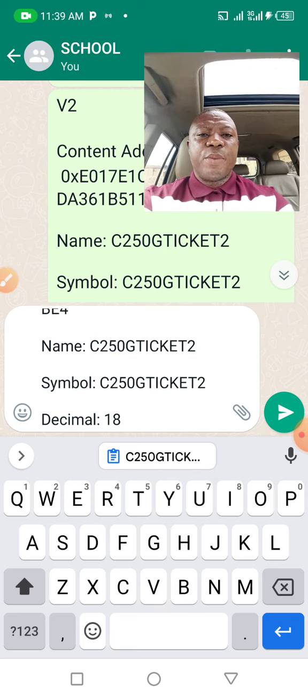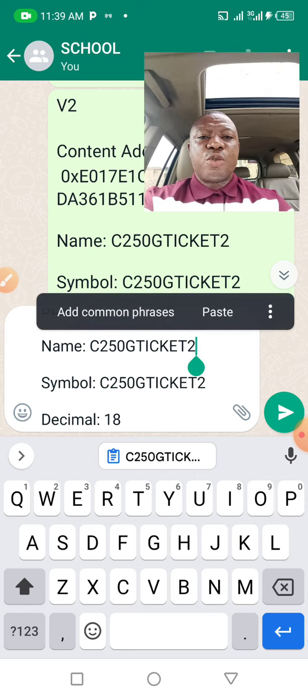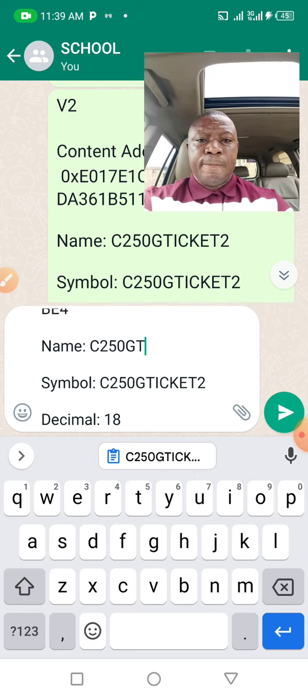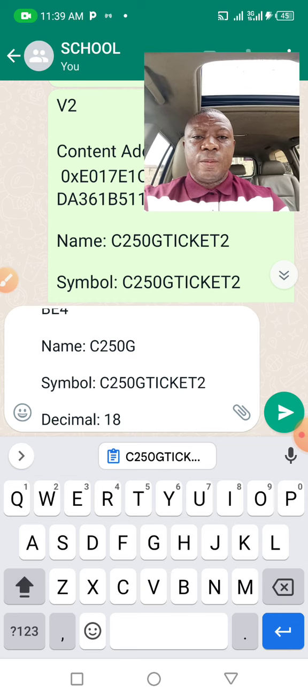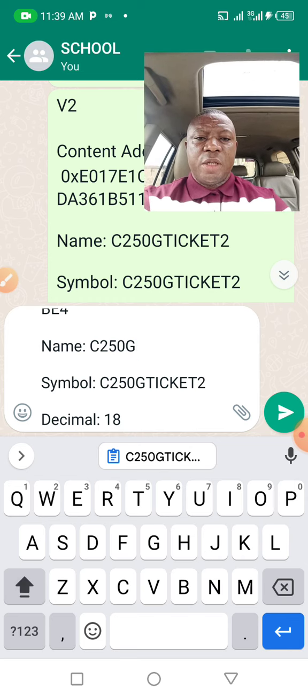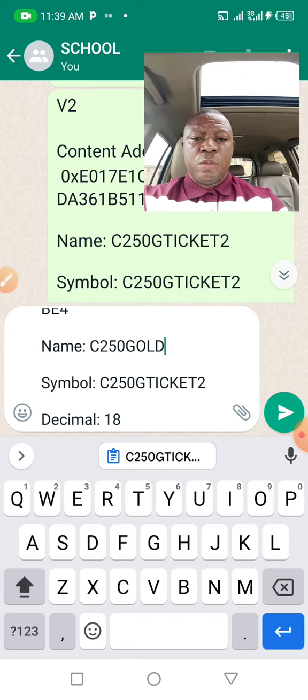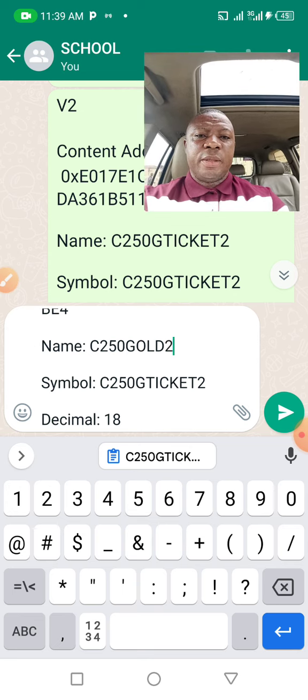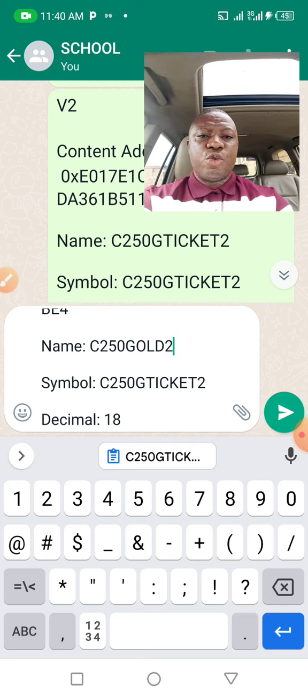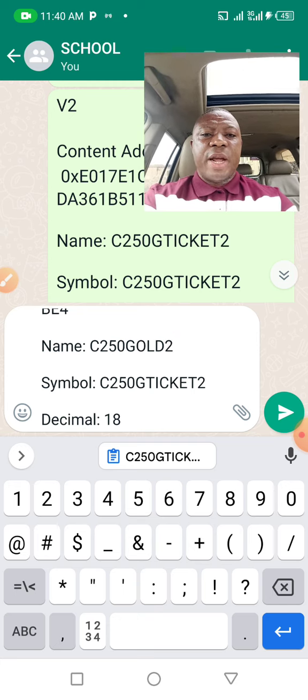For the name, it has to be C250 gold 2. Okay. Then for the ticket, it can be C250 ticket 2. All right. Then for the decimal, you write 18.